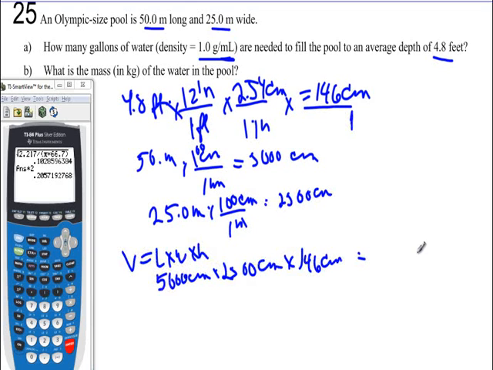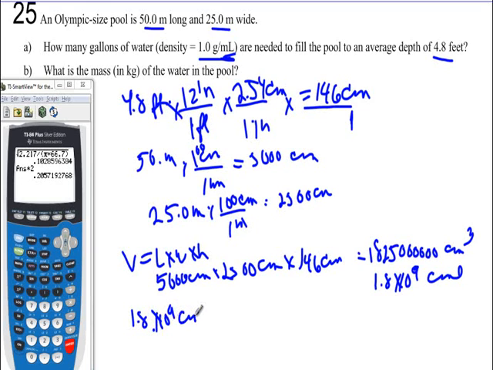And if I multiply all those out, I'm going to get 1825 followed by 6 zeros centimeters cubed, which is also 1.8 times 10 to the 9th. And I could put this in centimeters cubed or milliliters. Okay, because I got milliliters here, I'll leave it as milliliters. So if I have 1.8 times 10 to the 9th centimeters cubed or milliliters,